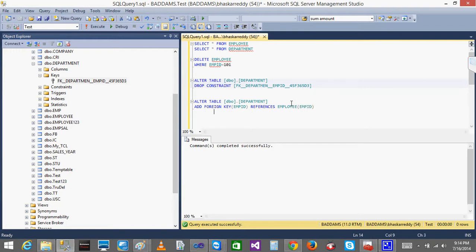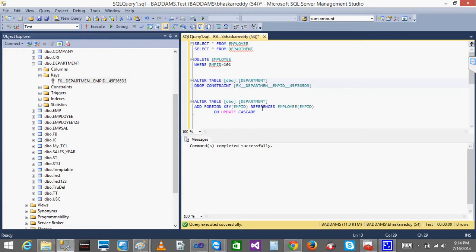Along with that, I need to add one more clause, cascading: on update, on cascade.